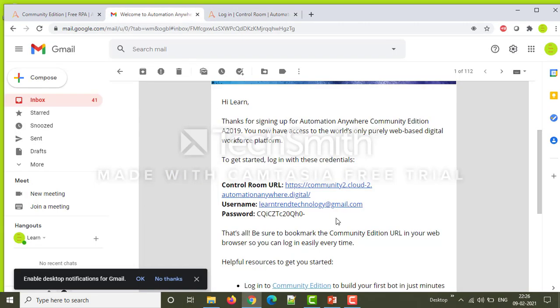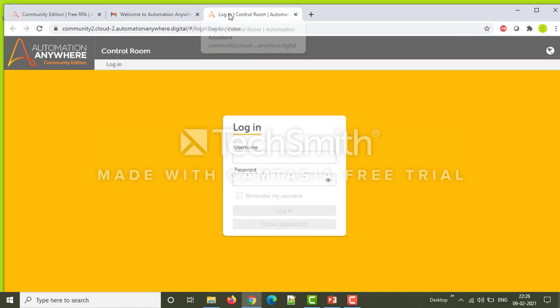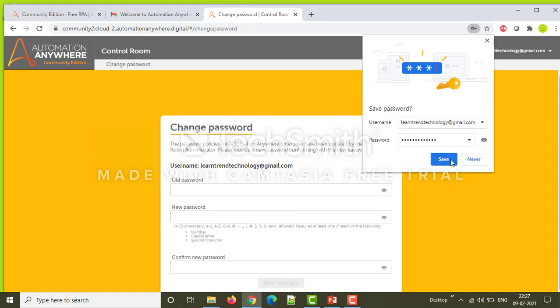You have to provide the username and password. So I provide the username and password for login.